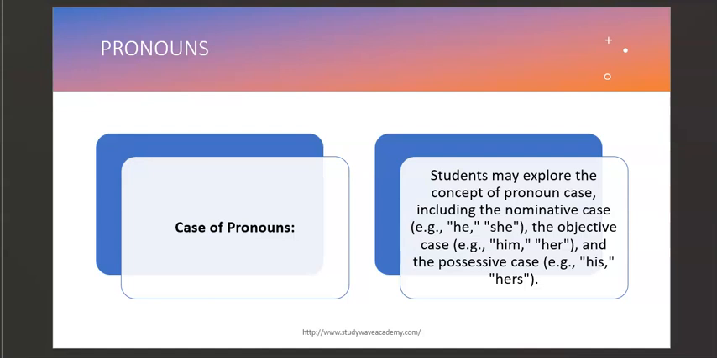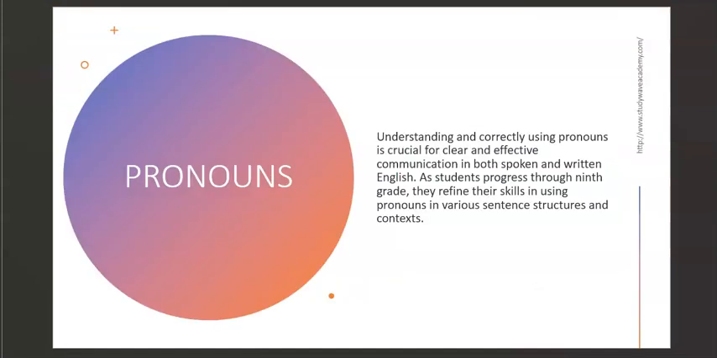Then we have the possessive cases here, like this is his pen, or this is hers, okay? This is his. These are examples of possessive pronouns. Don't forget about that. So generally, all we need to know is that using pronouns correctly is very, very important for clear and effective communication. Whether you're writing, whether you're speaking, anything that you do in English, it's very important for you to understand